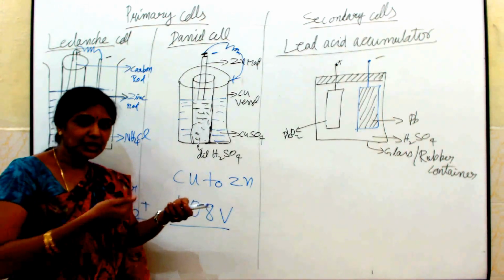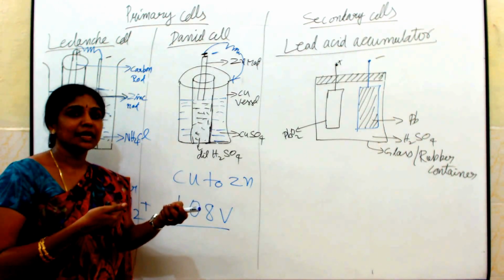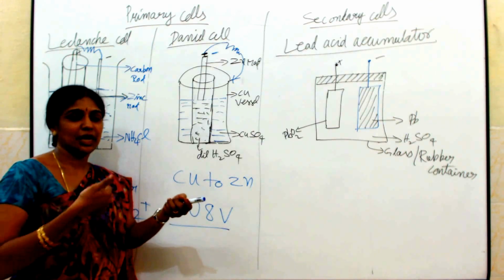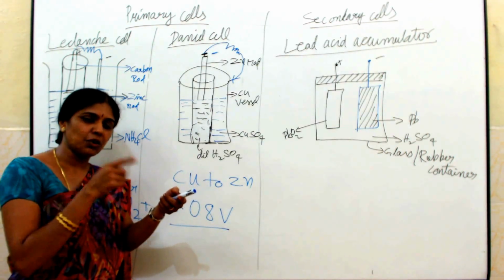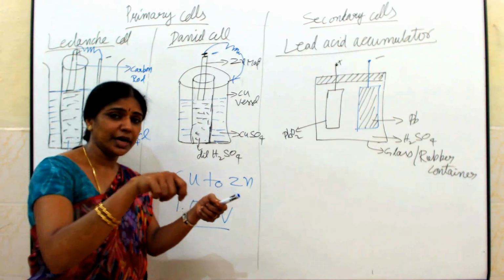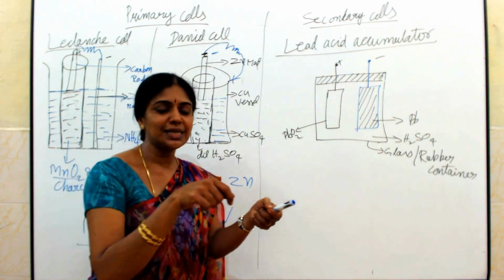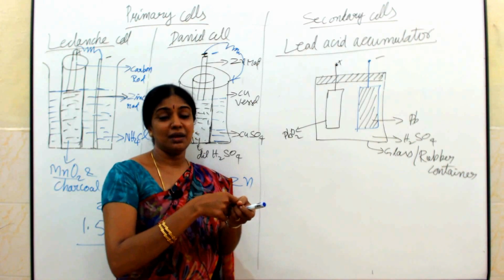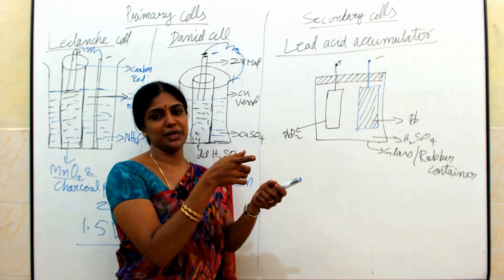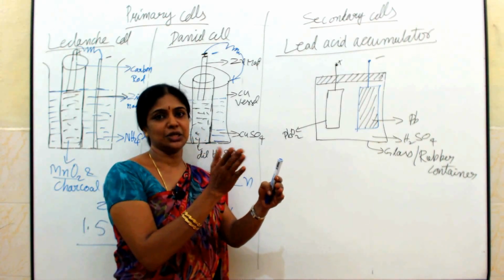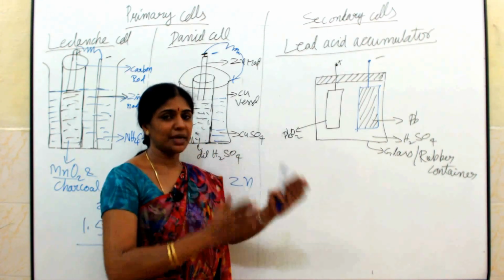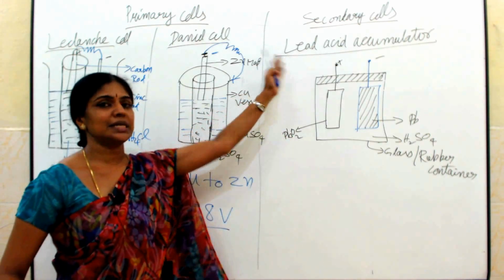So, when you are using the current in the cell, that we call discharging. I am using the current, that is discharge. So, all the charge is over. So, what will you do? Again you are going to charge the mobile. What does that mean? I am getting back the active materials again. That is, the chemical reactions are done in a reverse direction. That is reversible. So, the chemical reactions are reversible in a secondary cell.